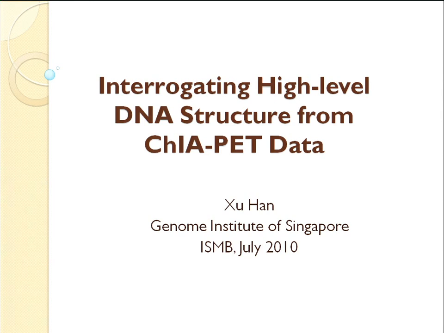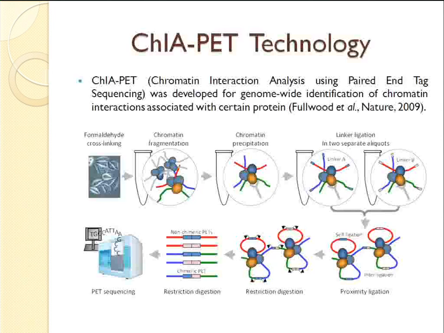ChIA-PET. ChIA-PET stands for Chromatin Interaction Analysis Using Paired-End Tag Sequencing. We developed it for genome-wide identification of protein